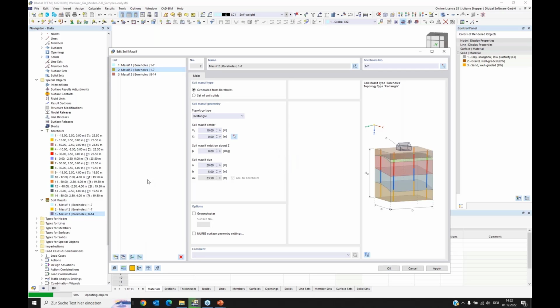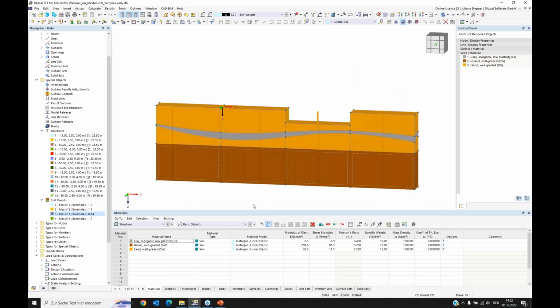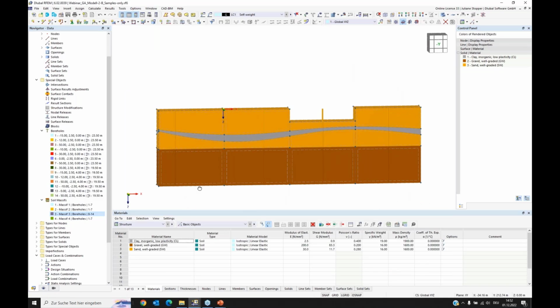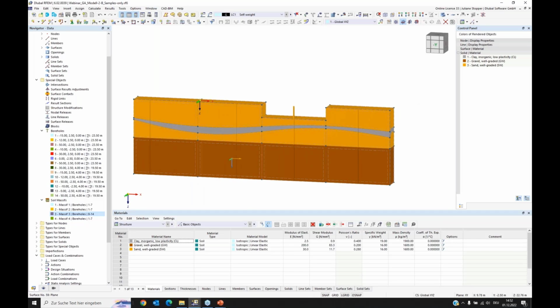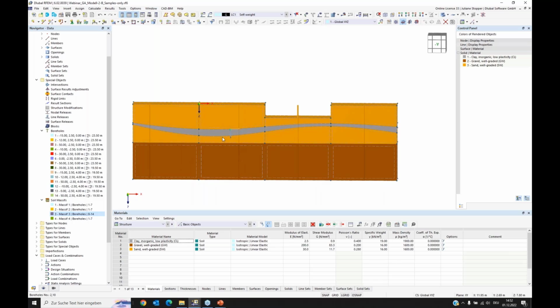I will put another massif next to it, and I will again use these, and the X position shall be 50. Okay. Okay, so now we have different massifs, and what we can do is we can, for example, use this technique